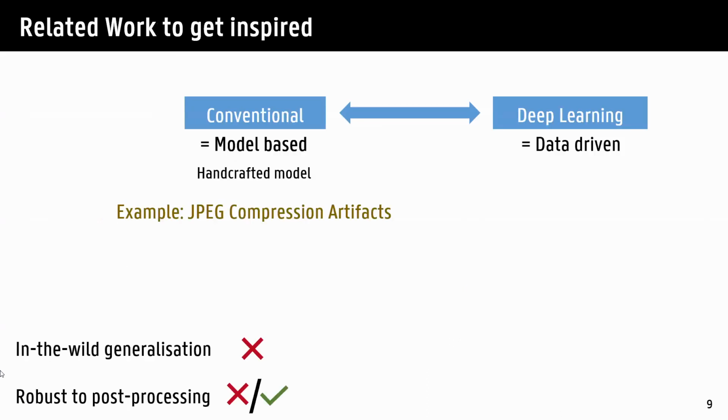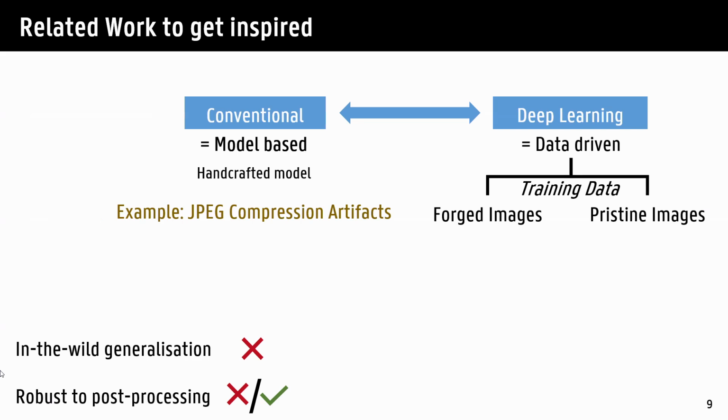So again, we have the conventional methods, and we also have the deep learning methods. And in deep learning, we can basically separate them in two classes based on their training data: if they use forged images in the training, or if they only use pristine images. When they use forged images, they typically learn some traces of forgery. But the thing there is that it's hard to include all types of forgeries in the training data because some of them don't even exist yet. So they often do not generalize well in the wild,